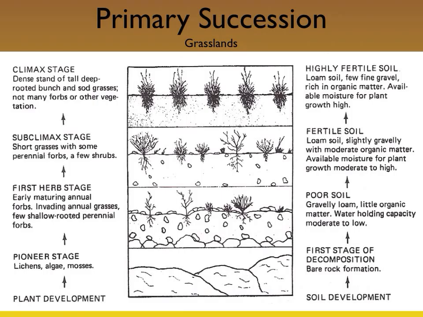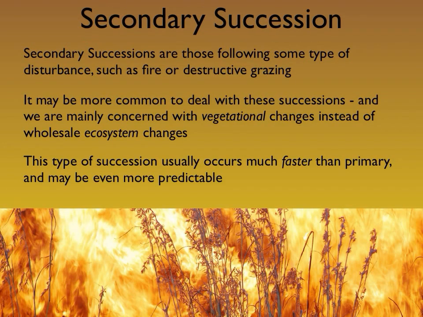Now, this is a generalized statement. We might have some systems where their climax stage, their top stage right up here, does contain forbs, and maybe it contains shallow-rooted perennials or so forth. So again, this is just a generalization. So that's primary succession. Once we've reached the climax stage in primary succession, we can go through another set of succession